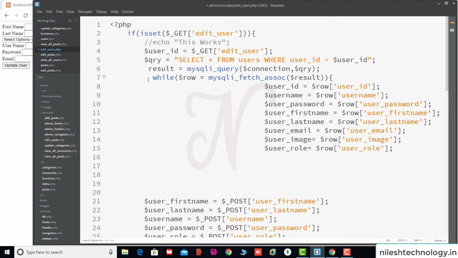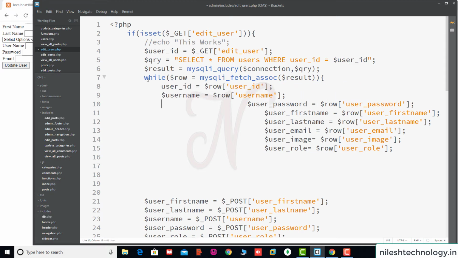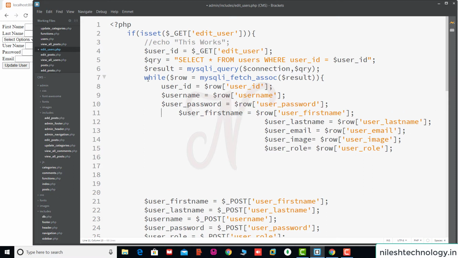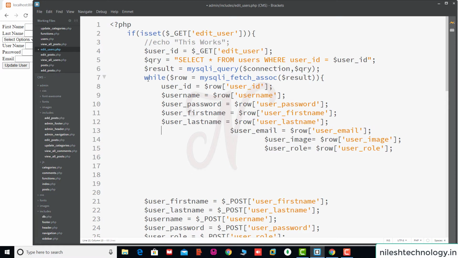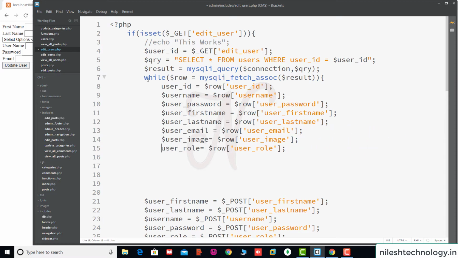So whatever you want, do here, okay. So this one, this is the user id, then username, password, then the first name, last name, email id, image name, role, okay. This is the while loop.